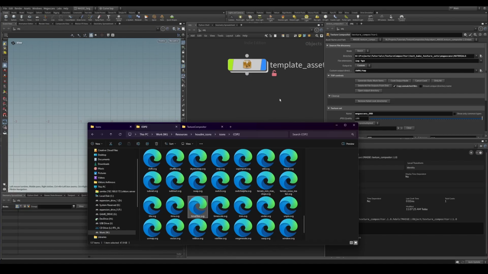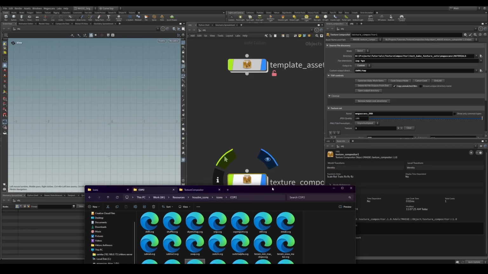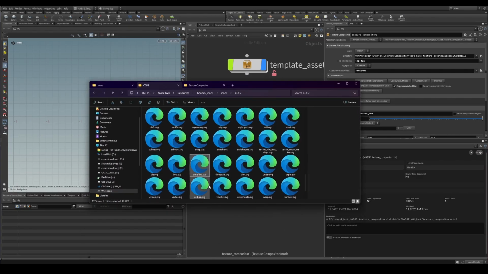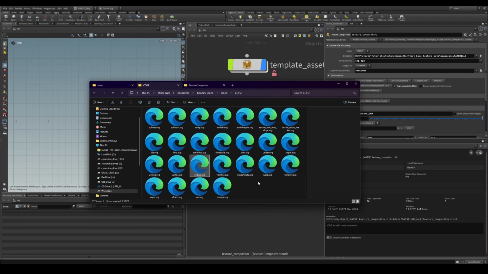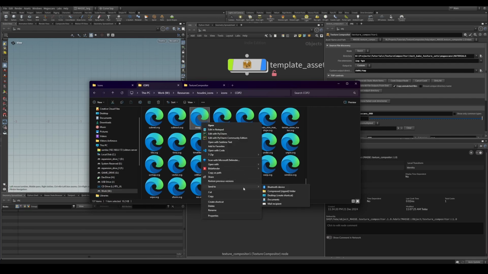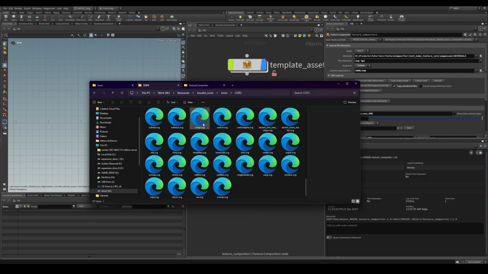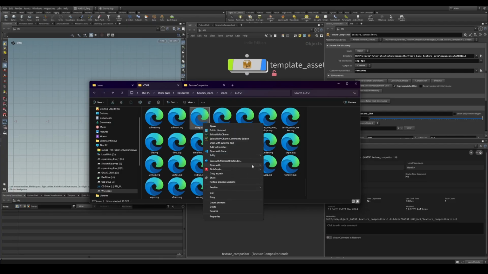The icon that I am using for this HDA is a swap node. If you open this up in something that reads SVG files, I'm going to open it in Affinity Designer,